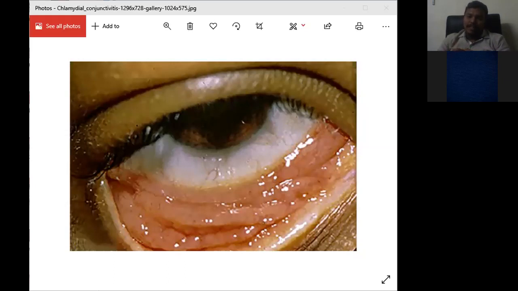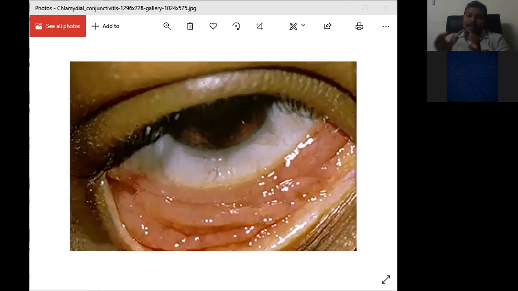So what are the main things we see in a chlamydial type of infection? First we need to learn the pathology involved in chlamydial infection. Then it will be easier for us to understand all the different types of infection. In chlamydia, the organism enters the body through the epithelium. No damaged epithelium is needed here, unlike other bacteria. The chlamydia comes in contact with the epithelium, pierces it and enters the epithelium.